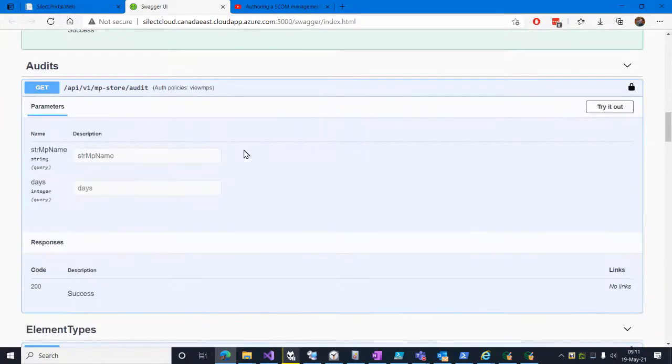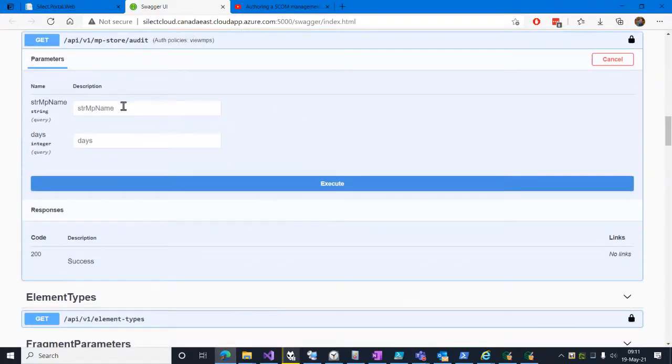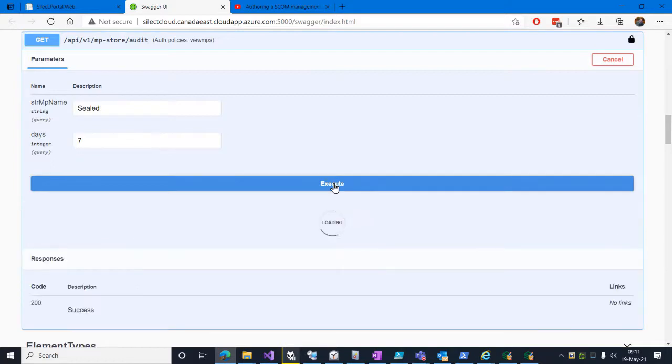So let's look at the audit report here. We've already specified our bearer here, so that's taken care of. I'm going to give the try it out. I am going to specify for our name here the sealed folder, so I only want the stuff from the sealed folder for the last 7 days, and I'm going to execute it. And as it returns all the data to me,